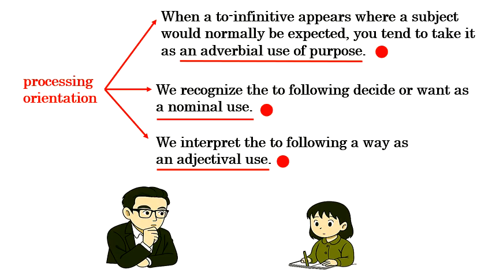I get it now. I used to think that avoiding infinitives as subjects was something special or exceptional. But if I think of it as just one example of a processing preference, it's really the same kind of thing as decide to or want to. Exactly. The intuition you've arrived at here should also help you understand the two infinitives that appear as complements, which